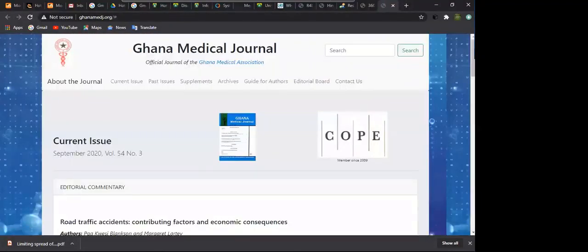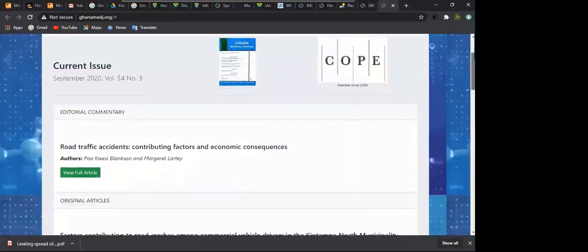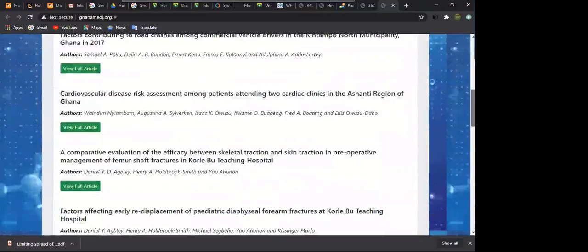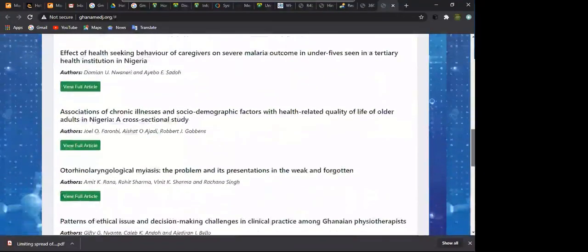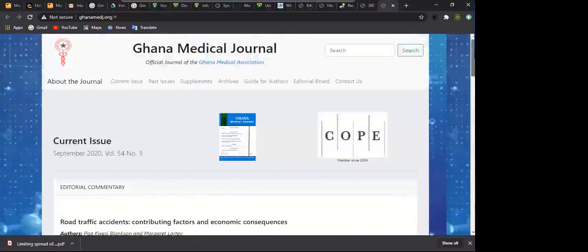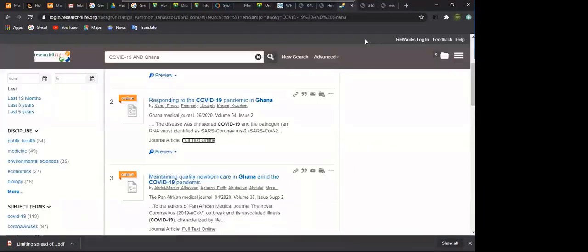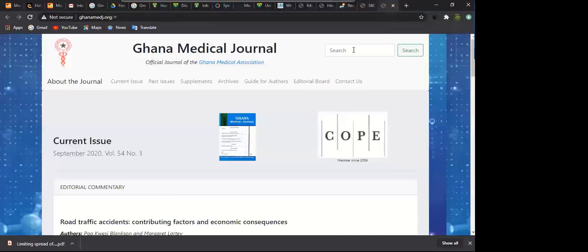This is Ghana Medical Journal. Can you see it? It is actually Ghana Medical Journal, and here it opens the journal's current volume to me. So I think what I can do to help myself is to look at the title. It is what? Responding to the COVID-19 pandemic in Ghana. Okay, so let me search that particular topic in this journal, responding to the COVID-19 pandemic